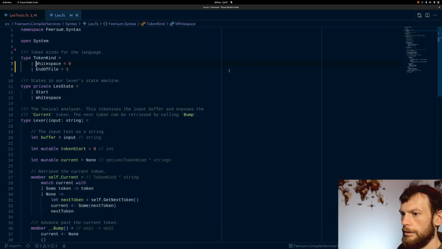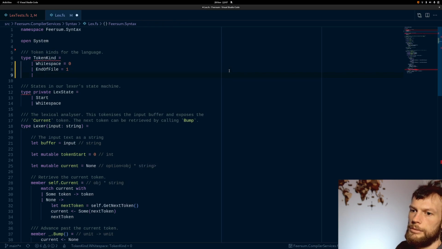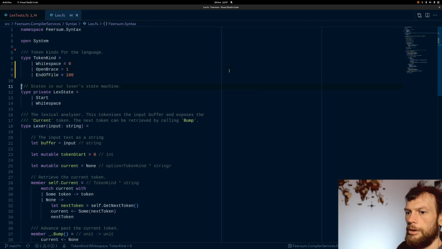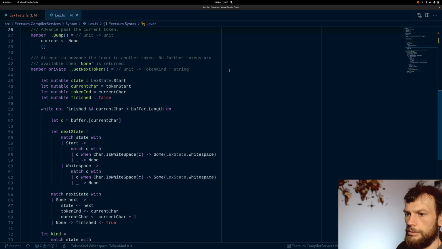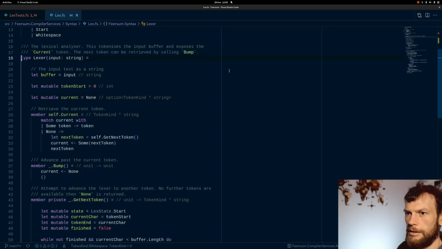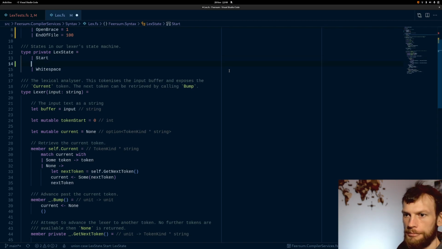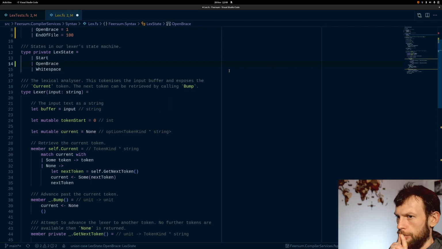So we should probably have end of file last, shouldn't we? So open brace. So to open brace, we'll want to have a Lexer state for it as well. Yeah. I'm having to think about this because we might actually just want